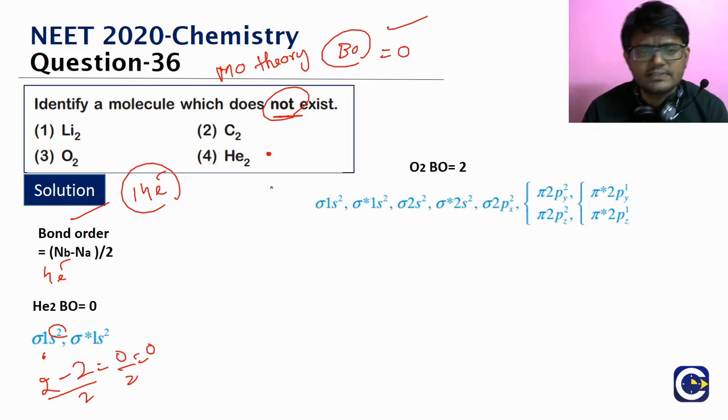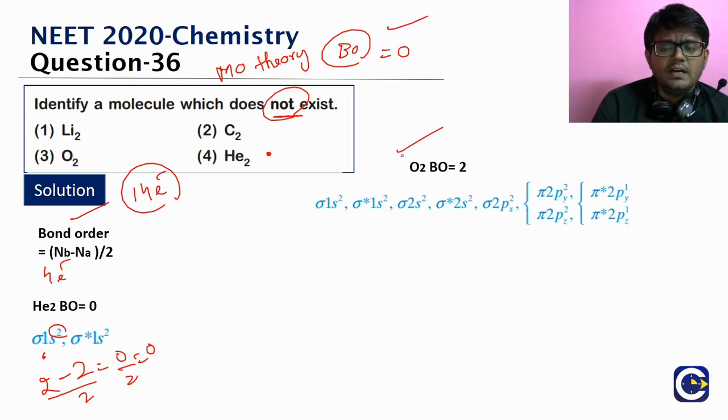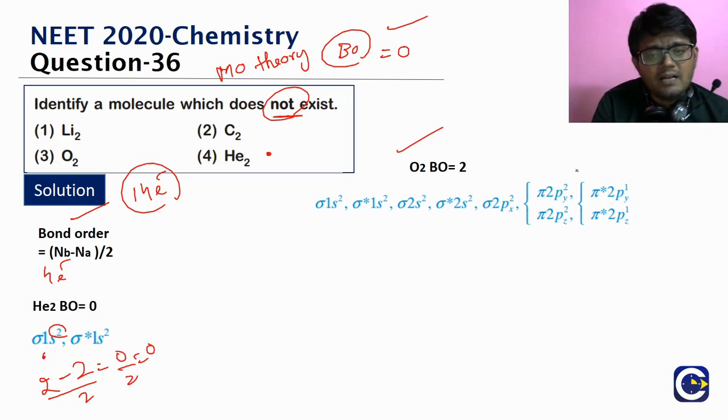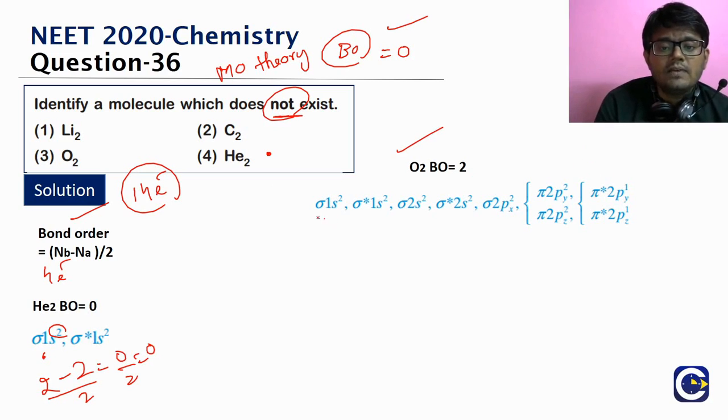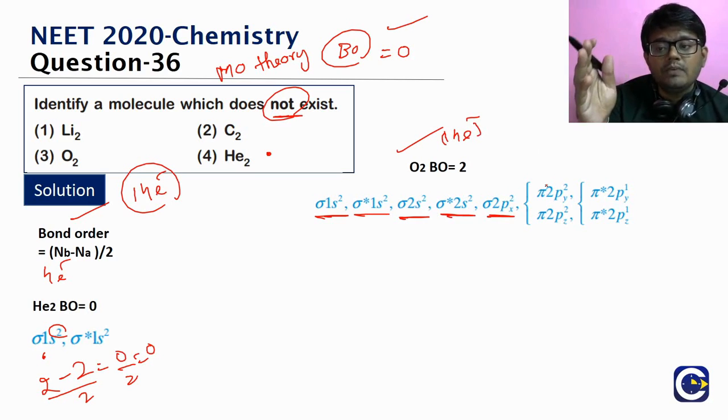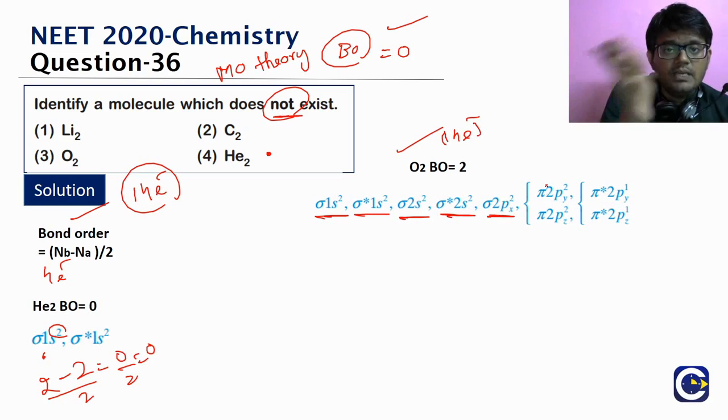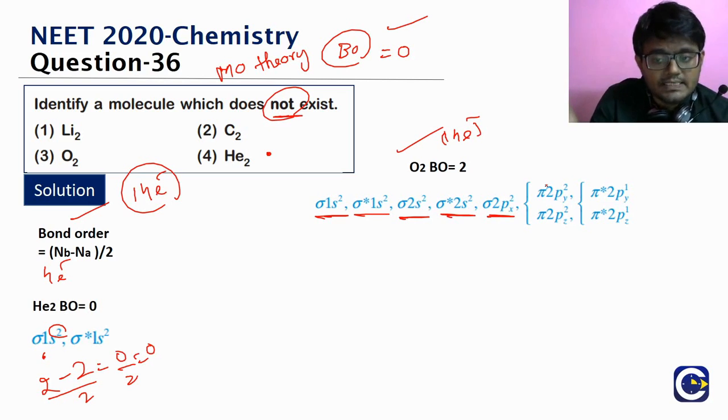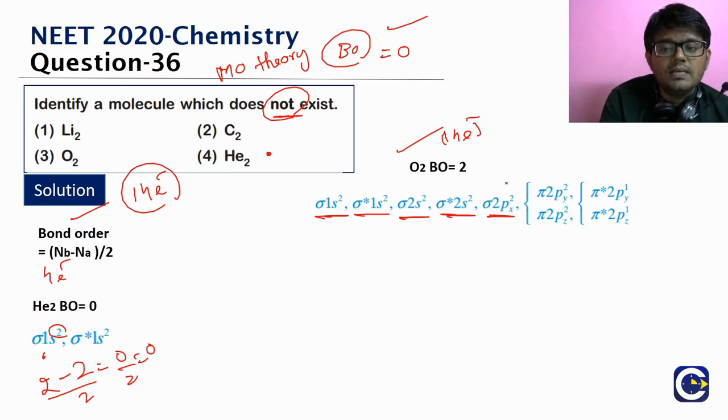Now if you look at the others, say for example O2, this is a very popular example that we will be referring to in terms of even the paramagnetic properties of O2, etc. So we'll have sigma 1s, sigma star 1s, this is the order, sigma 2s, sigma star 2s, then this is coming after 14 electrons. Up to 14 electrons we'll have pi 2py and pi 2pz with a lower energy than sigma 2px.